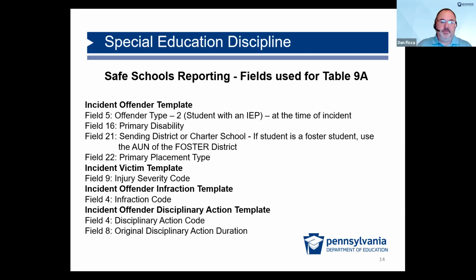Another question, and we're aware of this one and we are working on it. Well, I'll just read the question. When we run Cognos 9A, it is not running a few students correctly. If the student has two behaviors linked to one incident, it's counting 5A as two separate removals instead of one. And the situation is the student has two separate incidents and together there's one